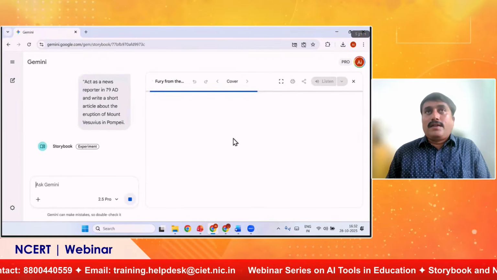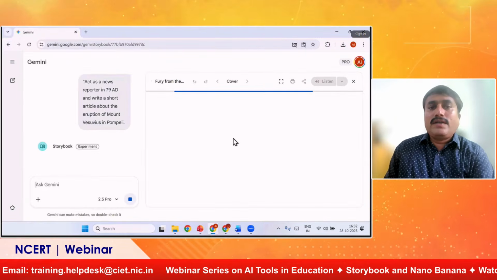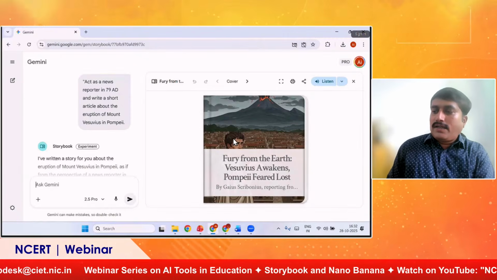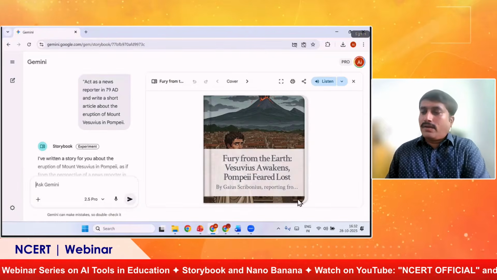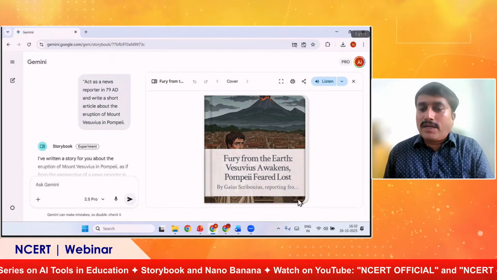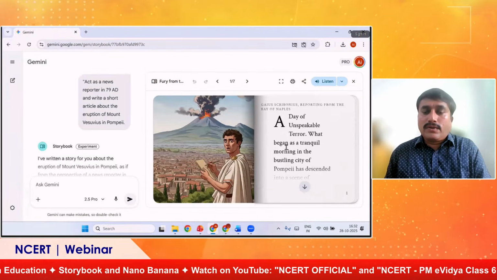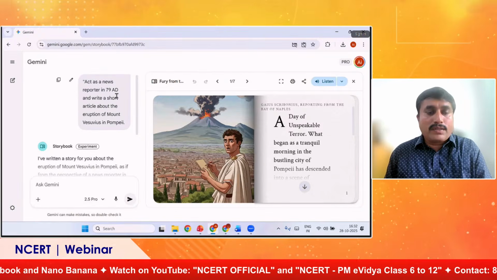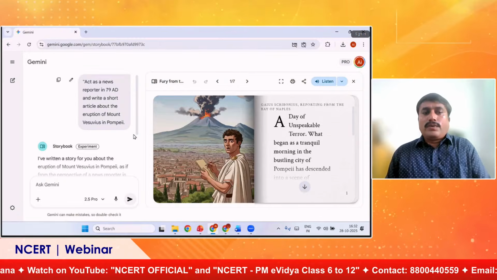Yes, finally it is generating the content which we want, but it didn't generate the same content which we wanted for our historical topic, but we will make sure that the prompt is effective. So this is the same prompt: act as a news reporter in 79 AD and write an article about the eruption of Mount Vesuvius in Pompeii.